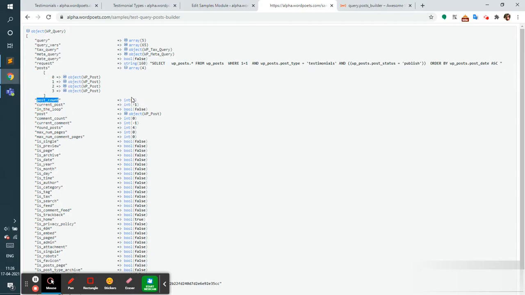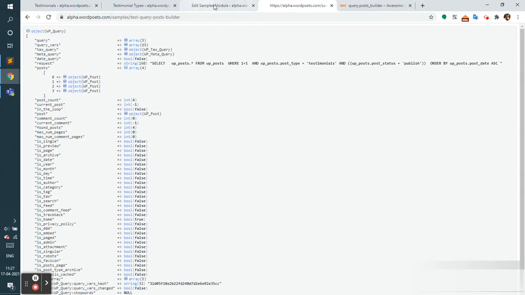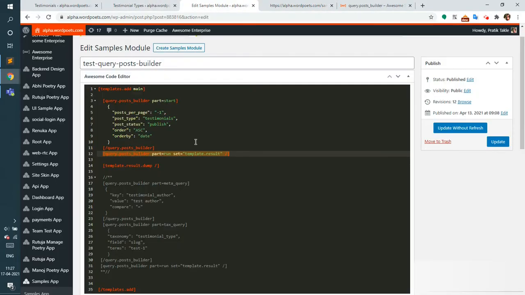We will get the post count in the post count variable too. And there are many particular variables, as per your need, you can use them. So this is only the first part we have used. You can check the query in this particular query parameter. So this was the first part.